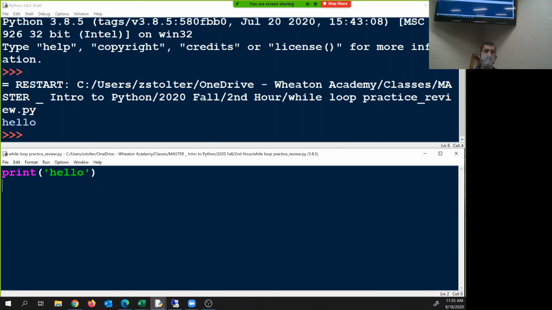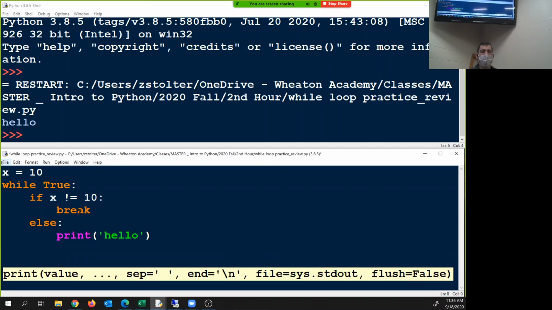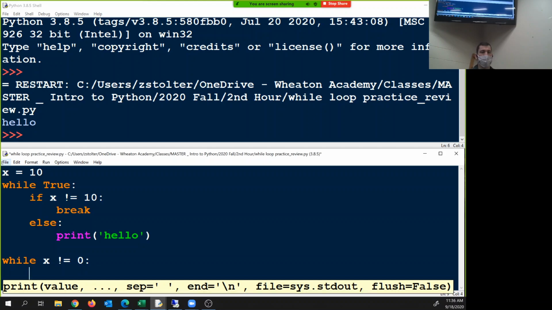Start the recording. So if you do while true, that is fine. But if you have while true, that's why. If we did x is 10, while true, then you have to do if x doesn't equal 10, break. Or you have to do something like that, else print hello. Whereas you can go while x doesn't equal 10, print